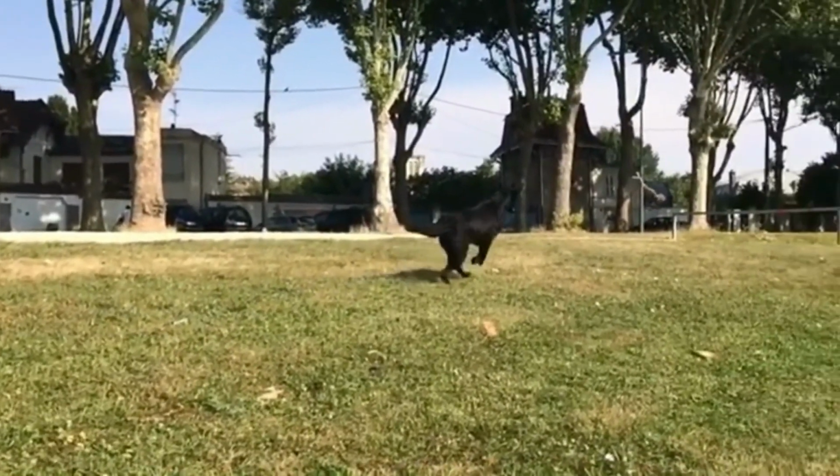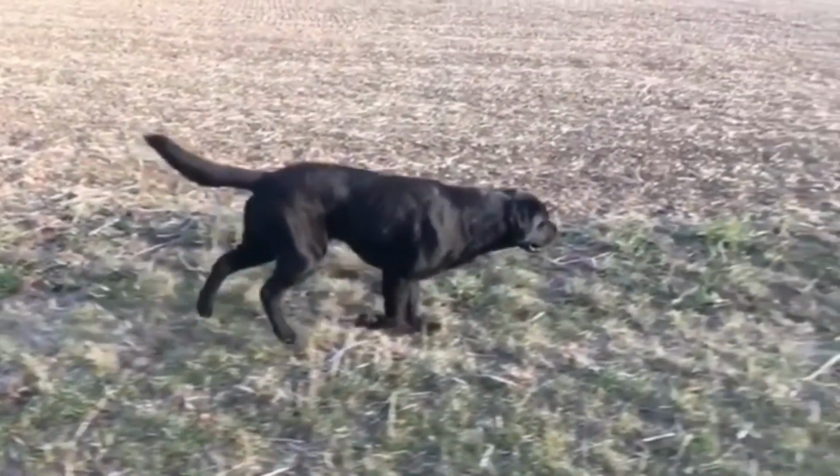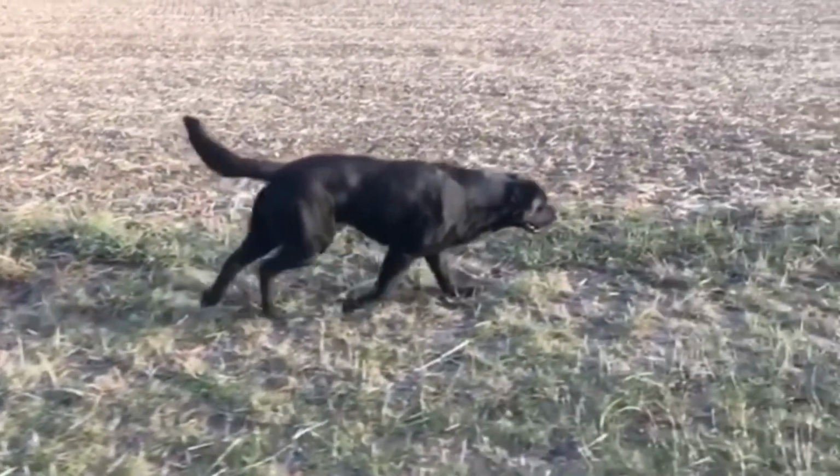We will clarify the historical backdrop of the Black Labrador Retriever and see how his appearance influenced its conduct and